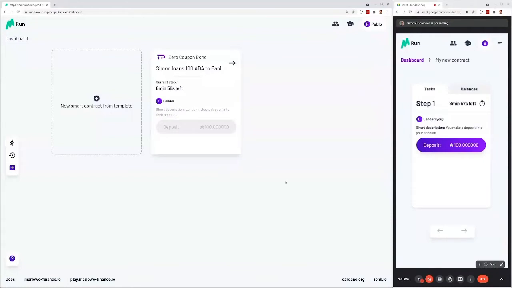At the moment, it only shows one step, but as the contract evolves, it will show all the steps the contract has been through. And again, you can see here the amount of time there is left for the contract before this step expires. Now, what we can do is, I now have the option to deposit 100 ADA, and